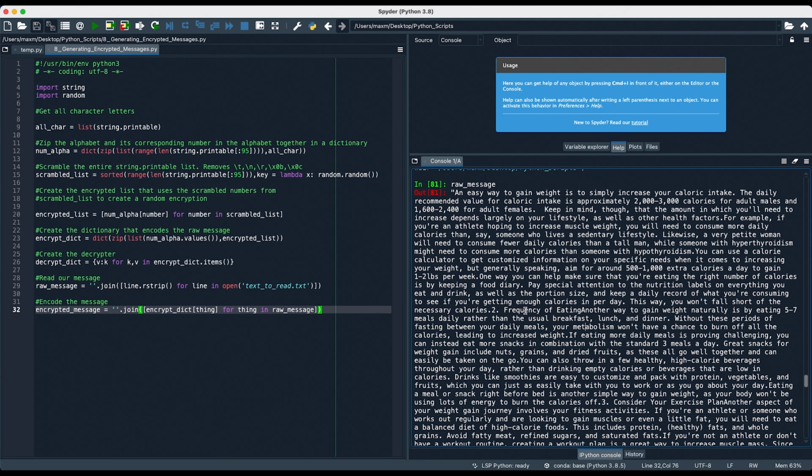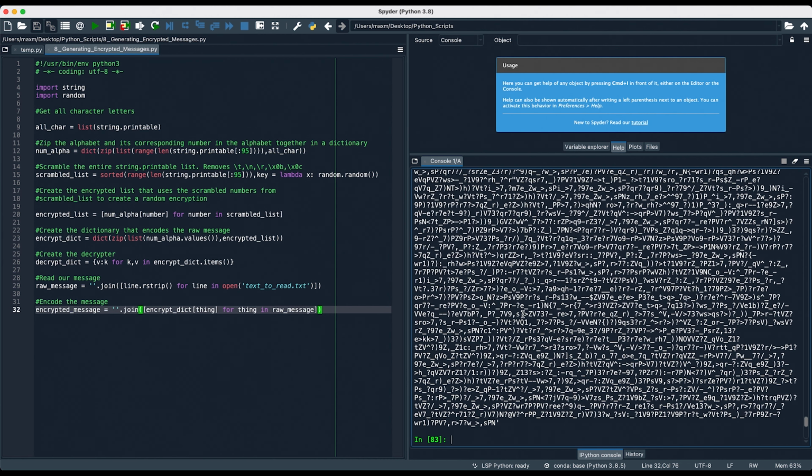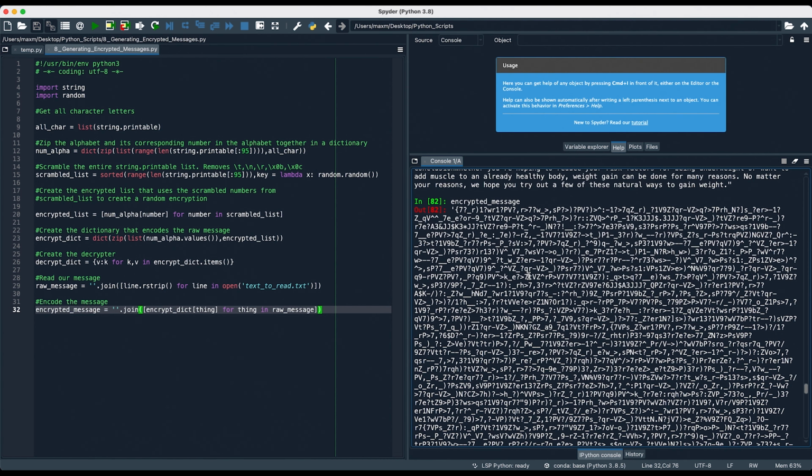So this is our raw message, but if we're going to look at our encrypted message, it obviously looks like a ridiculous mess, but it's supposed to be because we don't want anyone to easily be able to read our message. If we wanted to decode this, we can use almost the exact same code that we just wrote with only a couple changes. So decode messages, and then we can write decrypted